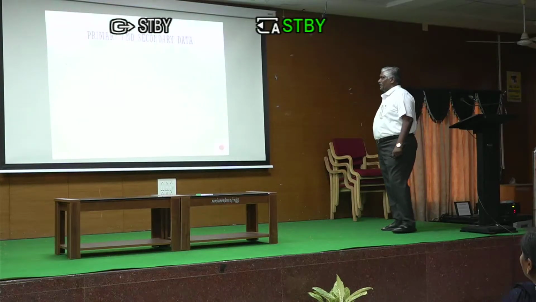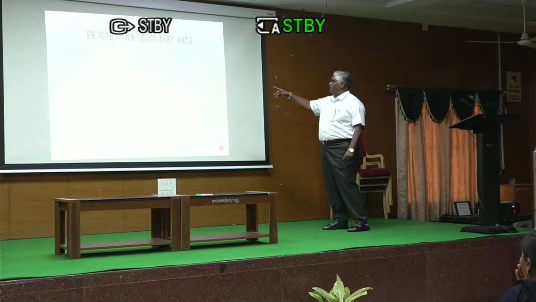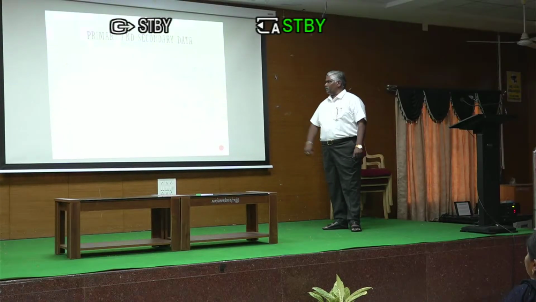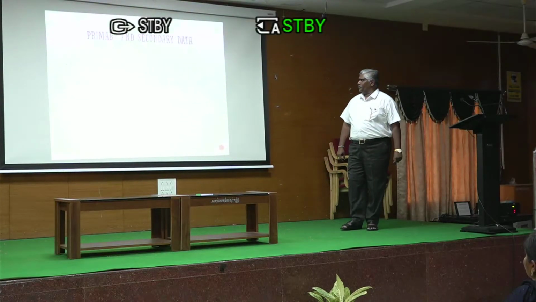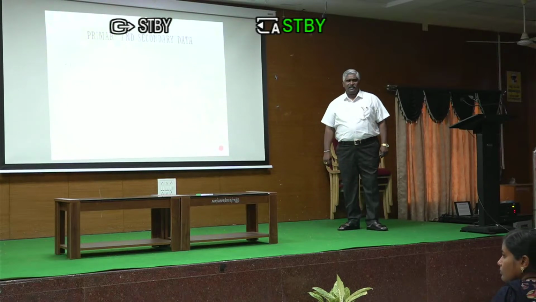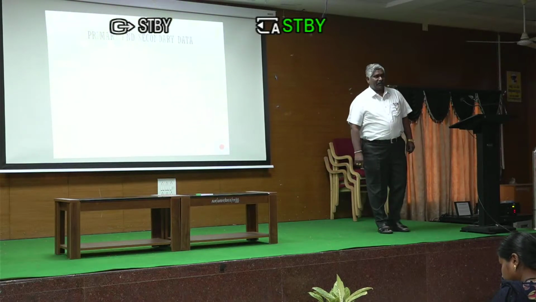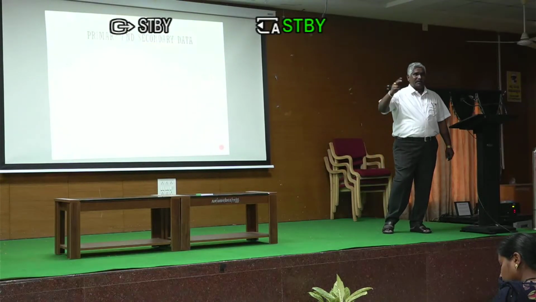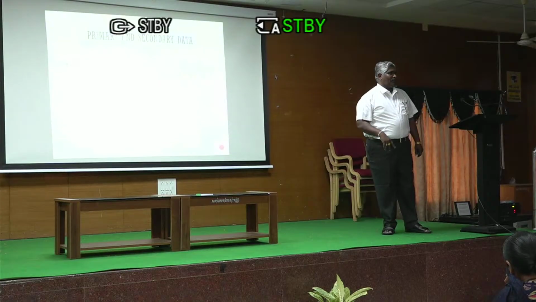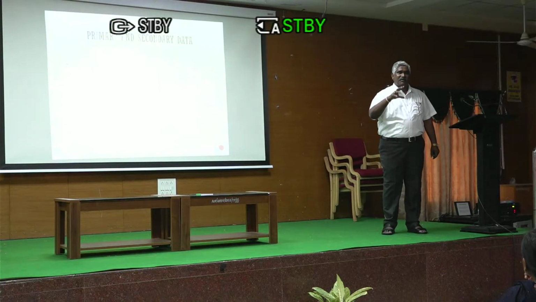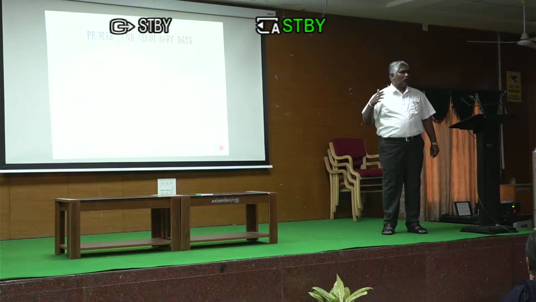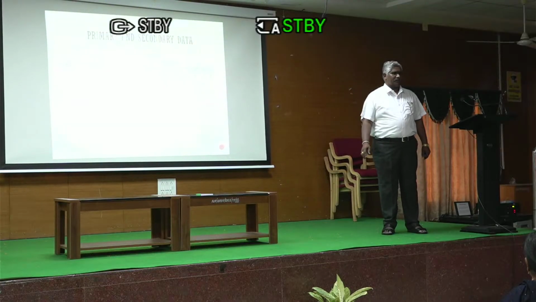The task of data collection begins after a research problem has been defined and research design plan chalked out. While deciding about the method of data collection to be used for the study, the researcher should keep in mind two types of data, that is primary and secondary data. See, when we are talking about primary and secondary data, again go back to chapter 1. Chapter 1 will help you. Chapter 1 is a guide for a research scholar to do all the rest of the research work.